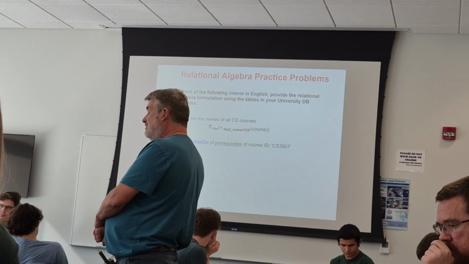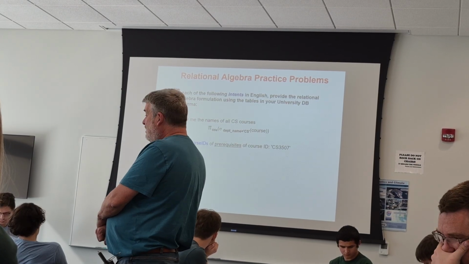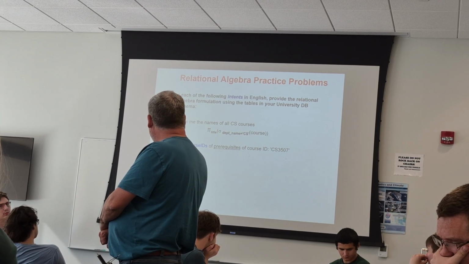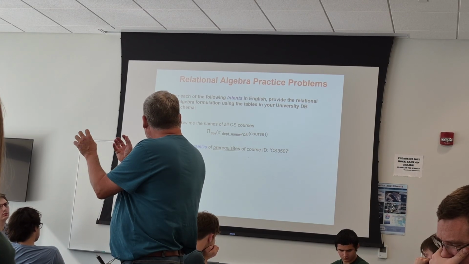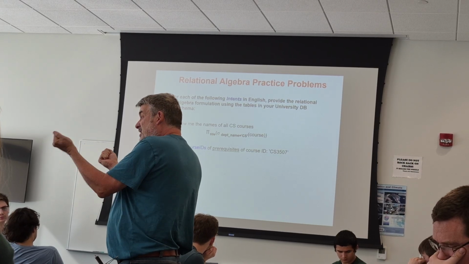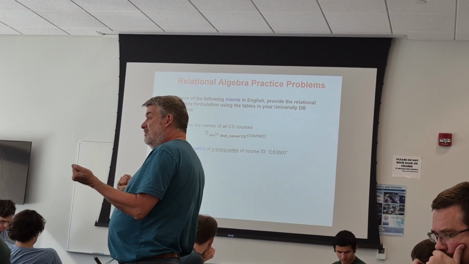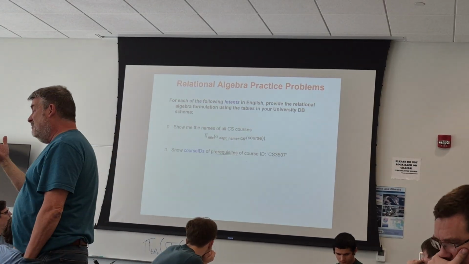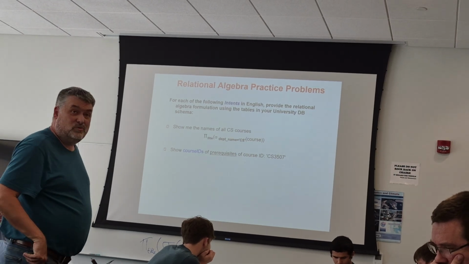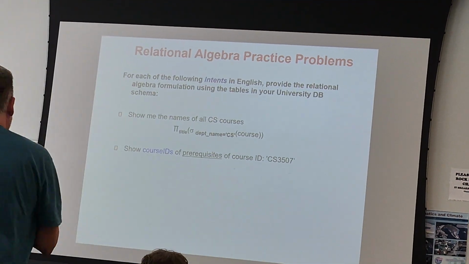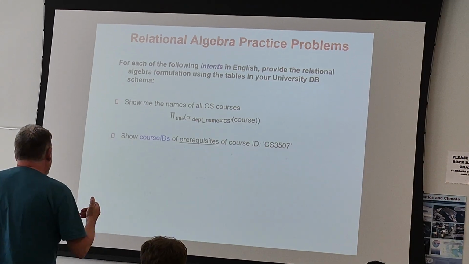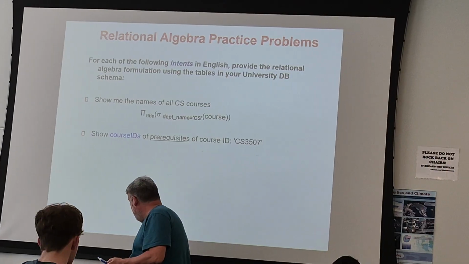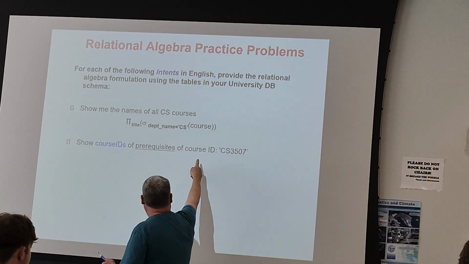Pardon? Course ID. I mean, I think you have the ID of the prerequisite course and the ID of the course itself in that prerequisites table, right? And apparently this user request isn't asking for anything else. I bet we can just do all of this with one table. So let's grab everything out of the prerequisite table where the